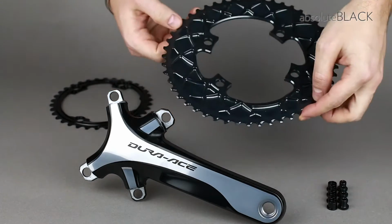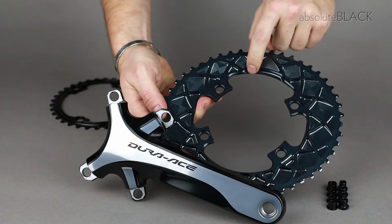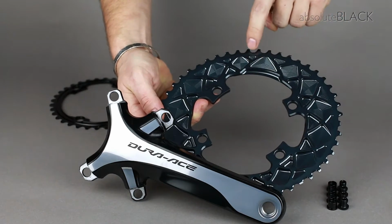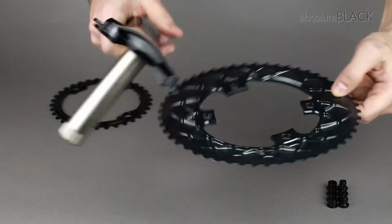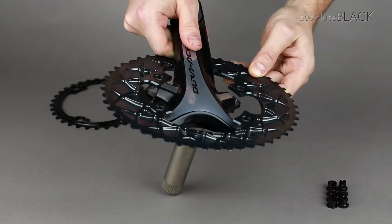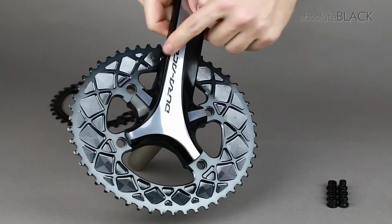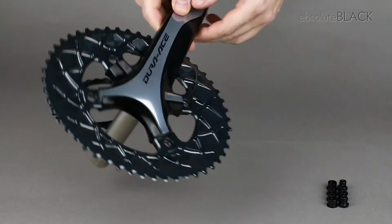The next step is to take your Absolute Black Oval outer chainring and identify the machined mark along one of the long sides. This is to allow the chainring to locate neatly behind the crank arm. Take the crank arm and place it into the chainring and position it so that the machined recess is behind